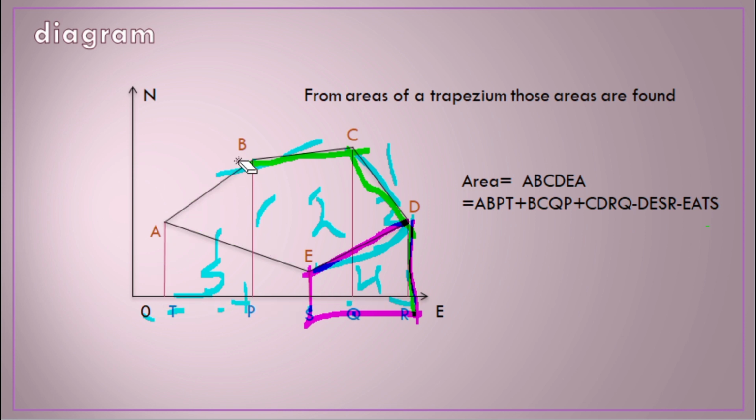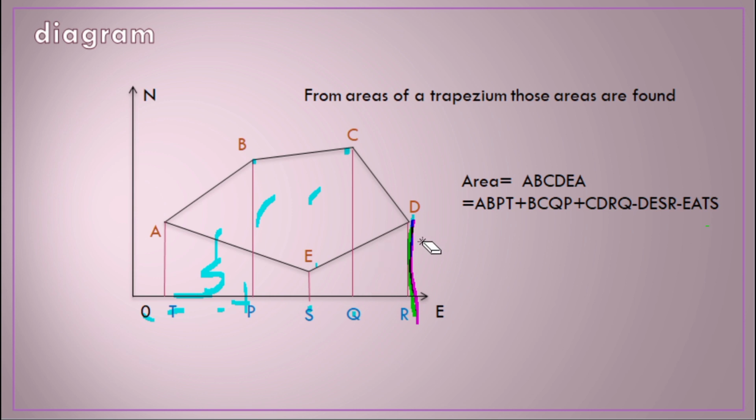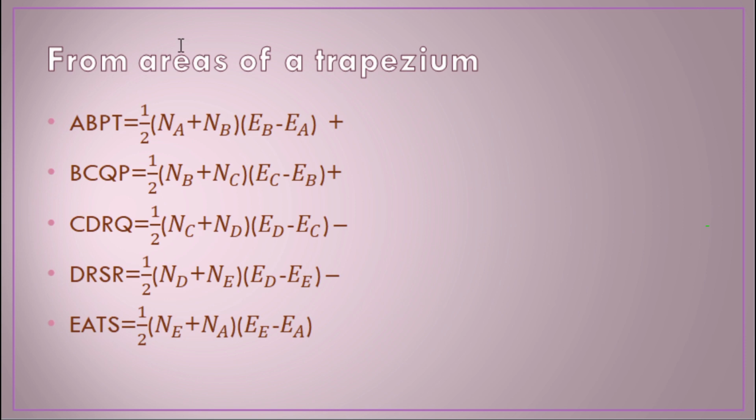Let me rub this a little bit in order for that to be clean. So we subtract those trapeziums there. After subtracting that, we'll have gotten our area. So you remember that. Let's go directly from the areas of a trapezium. Let's go to the first trapezium,